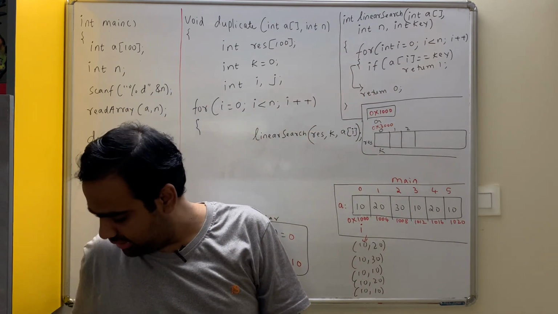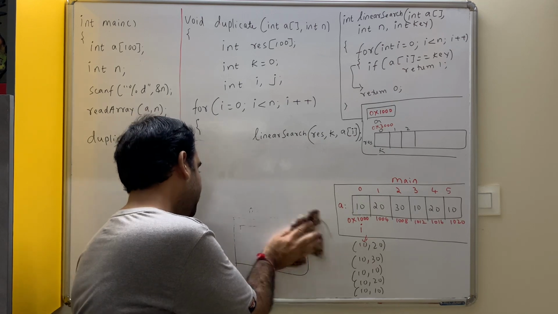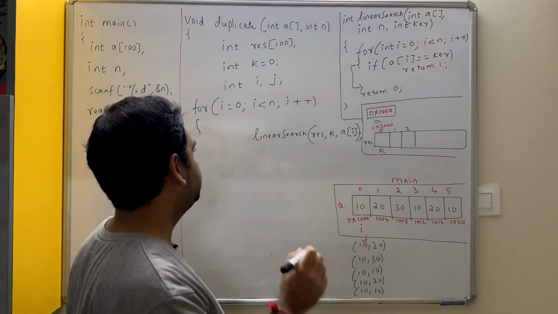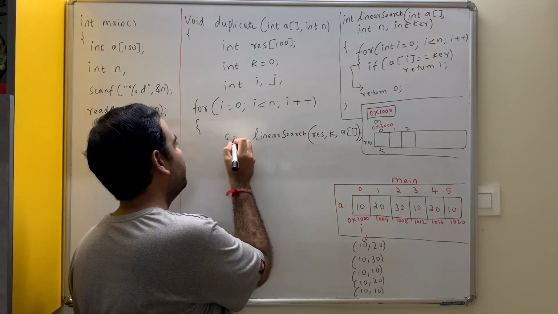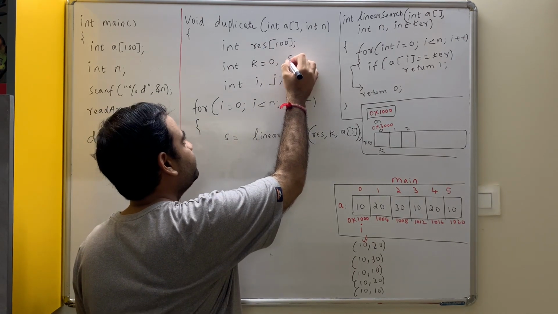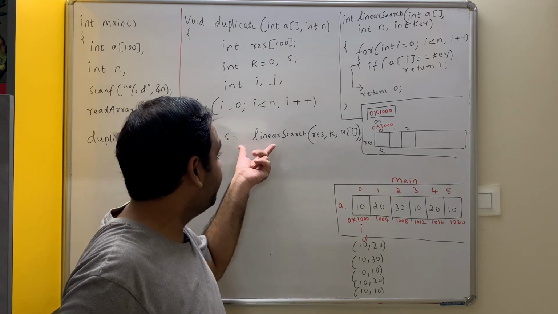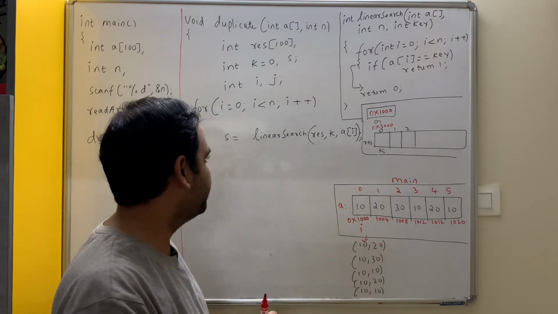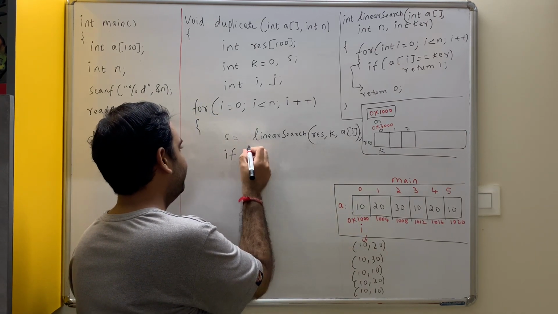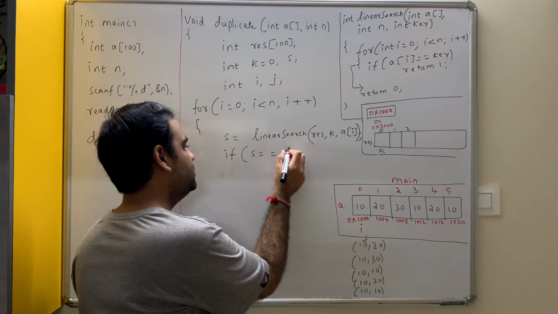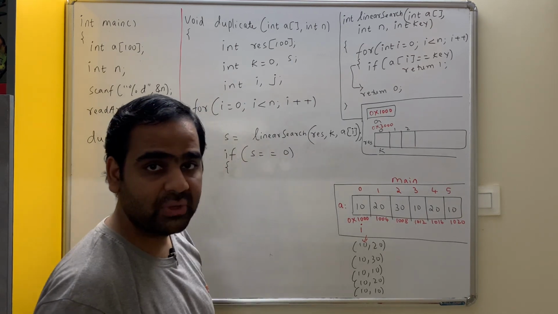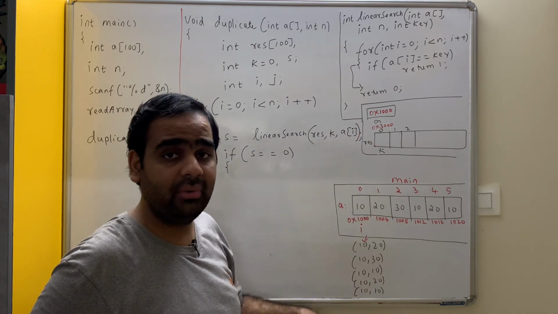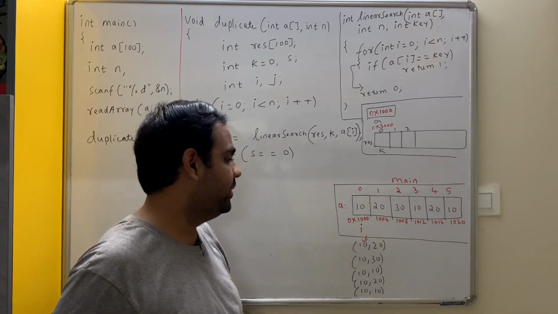Now as soon as you return, what happens to the scope of the function? It gets deactivated. Now please see that you have returned 0. Let me store it in some variable called yes and declare a variable yes. Now if the value of s is 0, it means a of I is not present. It means 10 is not present. Therefore I write if s is equal to 0. That means 10 is not present, 10 is still not reported as a duplicate element, 10 may be a duplicate element, therefore